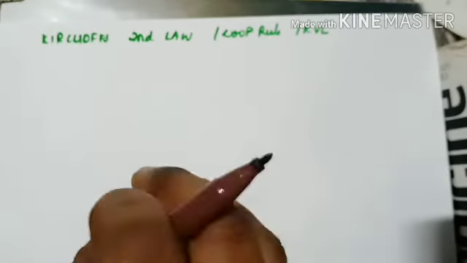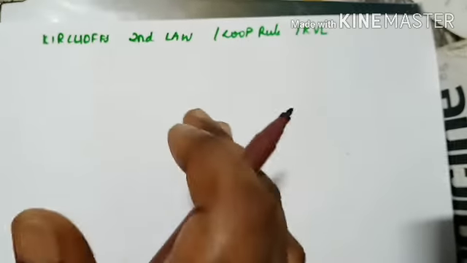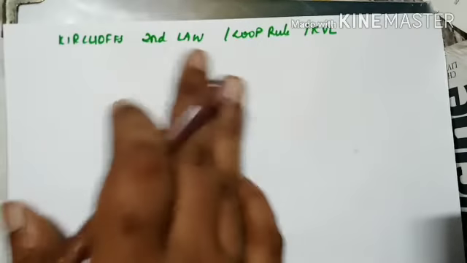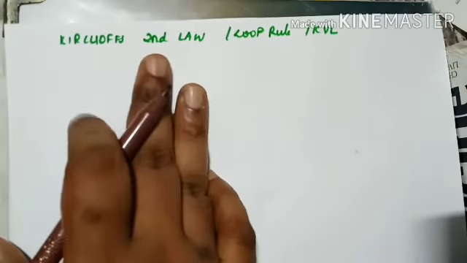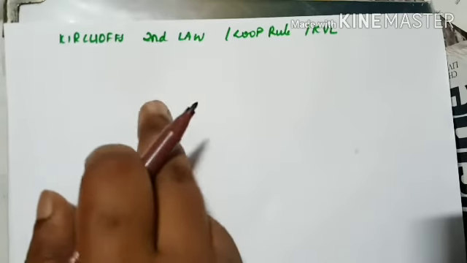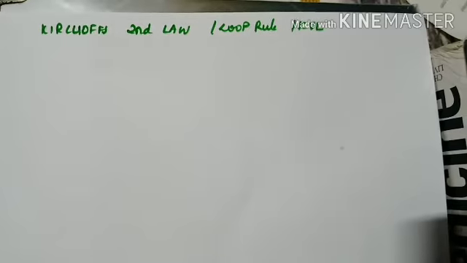It states that the algebraic sum of change in potential around a closed loop is zero. You wouldn't have understood, but if you had listened to the class on capacitors, I had stated the same and you would have understood then. Now let's move on. What do you mean by a loop? Once it starts, it ends there itself, then that is a loop. That much is clear, right? Now let's move on.